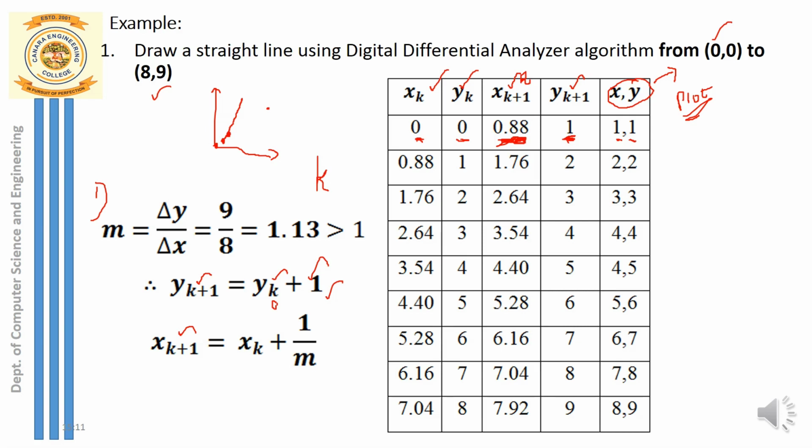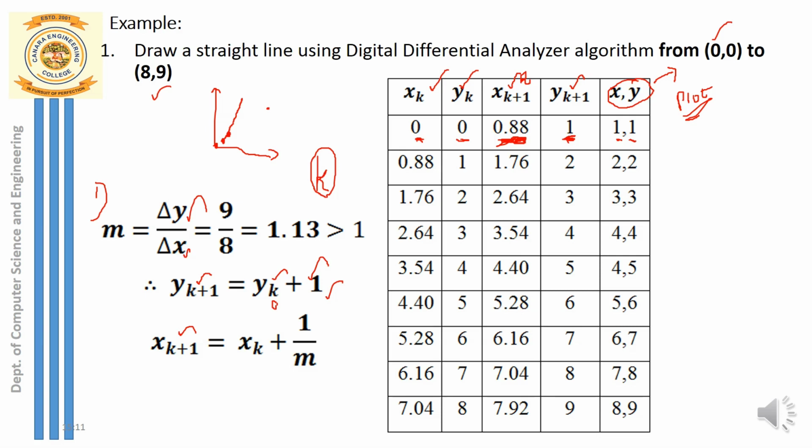But before plotting the point, let's see what k is, or the number of iterations that we are going to follow. How do we decide the number of iterations? Simple. We just have to check which is greater: delta y greater than delta x, or delta x greater than delta y. In this example, we know that delta y is greater than delta x, because the slope is greater than 1.